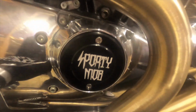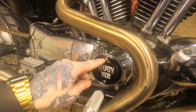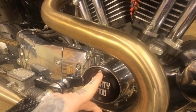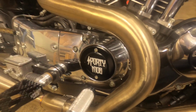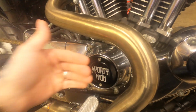That is the timing cover installed. I'm pretty happy with this. I did have to get a longer screw. It's an 8-32 screw, and it is 3/4 inch long. The other screws don't even get but a couple threads in, so it doesn't feel stable. It feels like, honestly, I'd get down the road and this cover would fall off. With these 3/4 screws, they bottom out